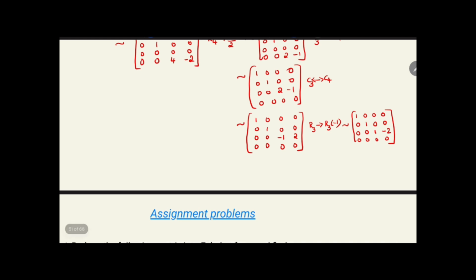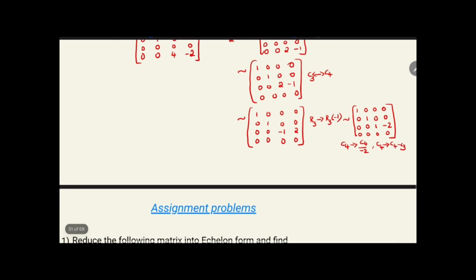Now only this element is left now. Only this element is left. So what I will do, simply I will divide C4 with -2 simply, and I will do another operation after dividing it by -2. I will do another operation like C4 implies C4 minus C3. Okay, after doing these two operations, let's see here students, I'm writing here,